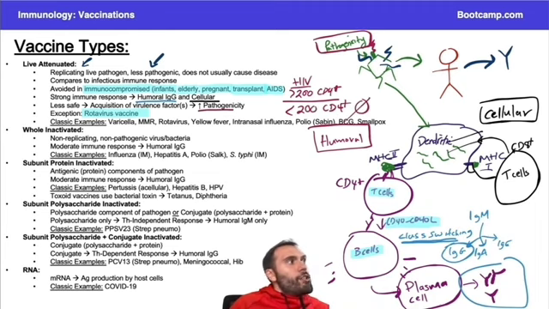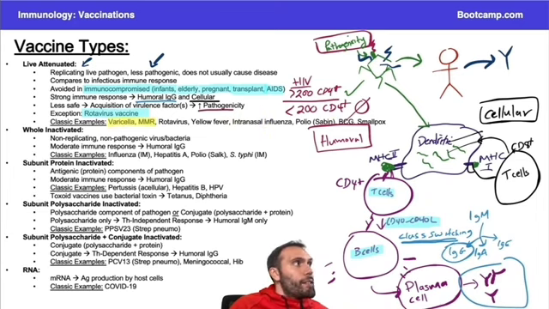However, the patients that have CD4 counts greater than 200, that's usually going to be okay to give them, especially in a board question. Okay, and the big vaccines here, like I said, you do have to commit some of these to memory. Varicella and MMR are probably the two highest yield, but you do frequently get questions where you have to distinguish